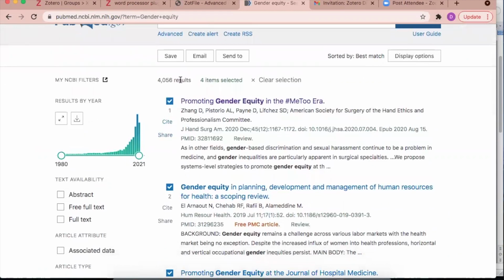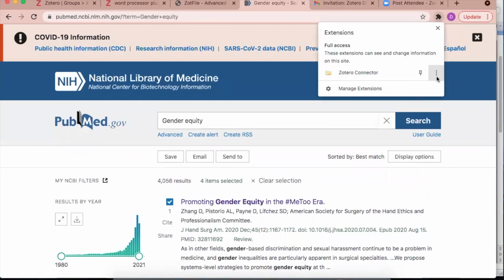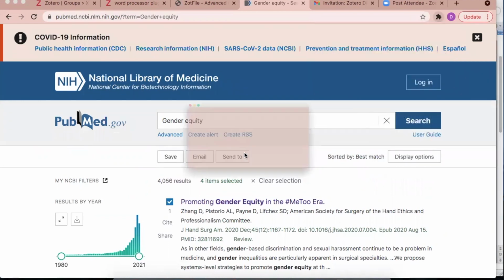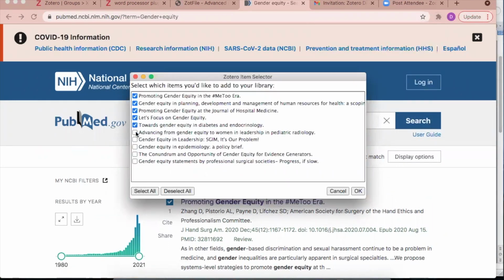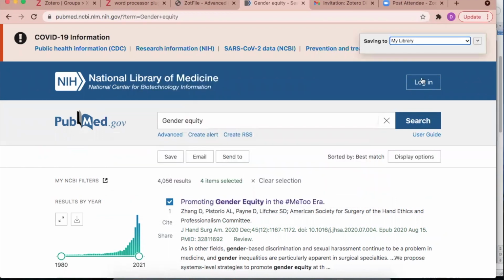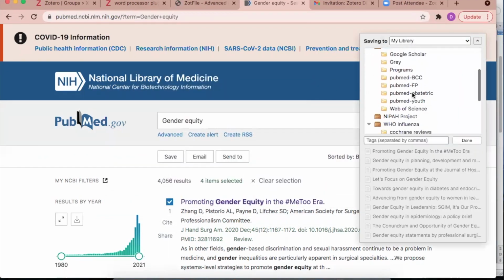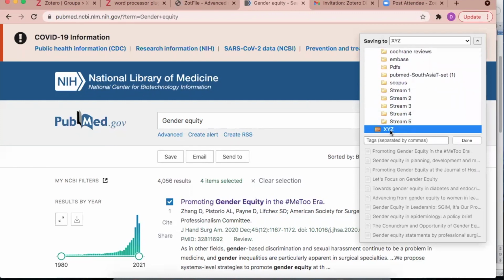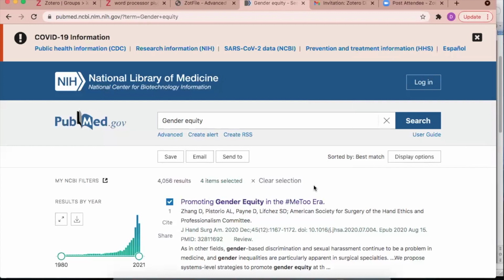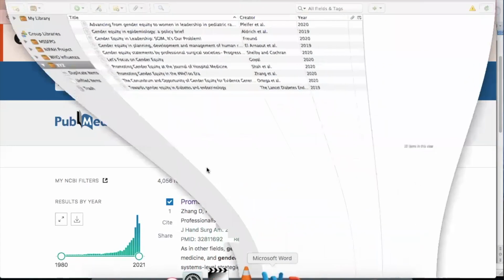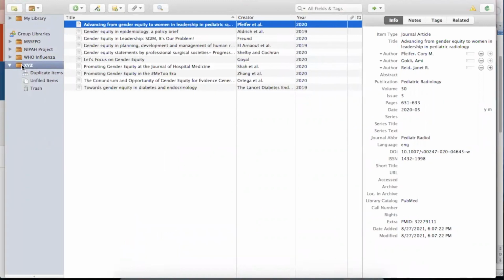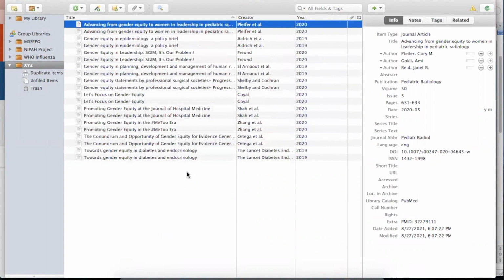The second thing I can do is I can go to this Zotero connector, and then I say save to Zotero, and it will ask me how many articles you want. So I want all these articles. So I'll do select all, and I'll do OK. And then the group which I had created earlier, I will save it in that one. Now if you see this folder XYZ, the articles which I had selected from the database have been saved here. So that is how you capture data from any database.